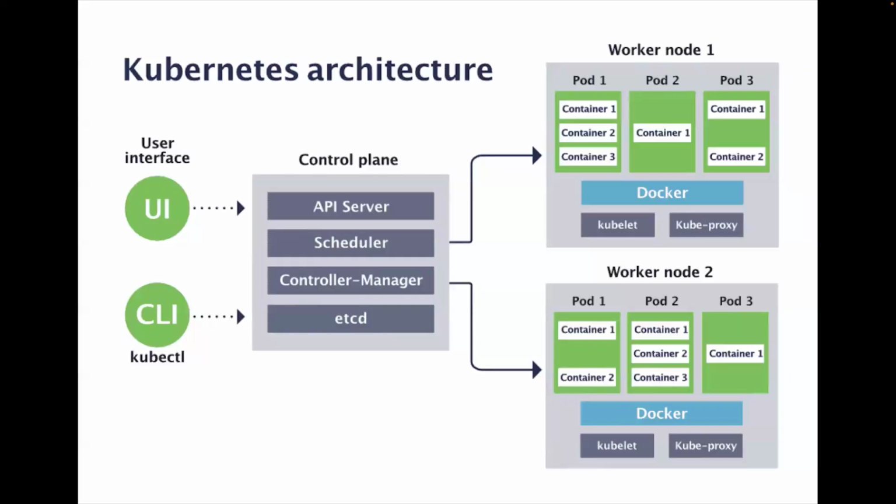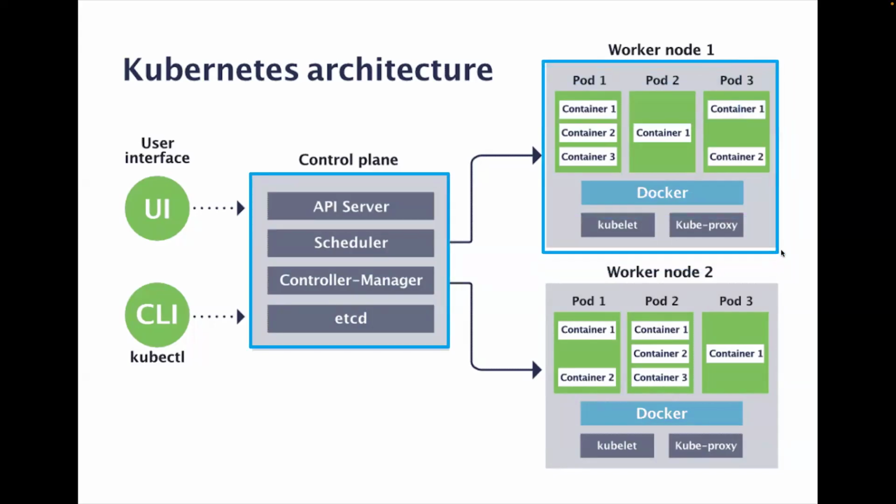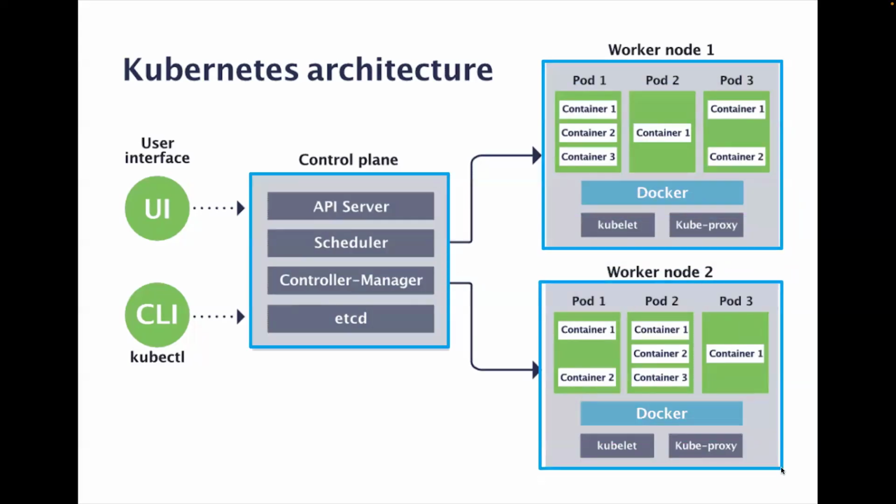This is the Kubernetes architectural diagram. Here you have a cluster, and this cluster can have any number of nodes. This is the control plane, and this is the worker node, worker node 1, and this is worker node 2. There could be any number of nodes. Here we have 2 worker nodes and 1 master. This is called the control plane of the cluster, which manages the entire cluster. And if you look into the different components on the worker node, you have